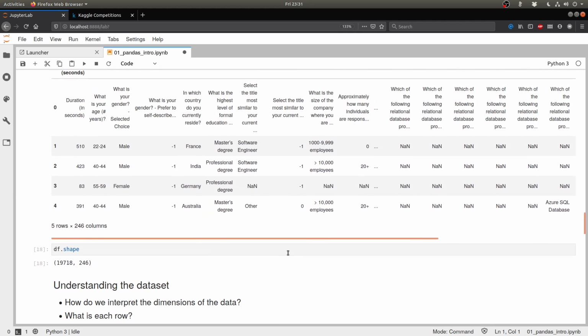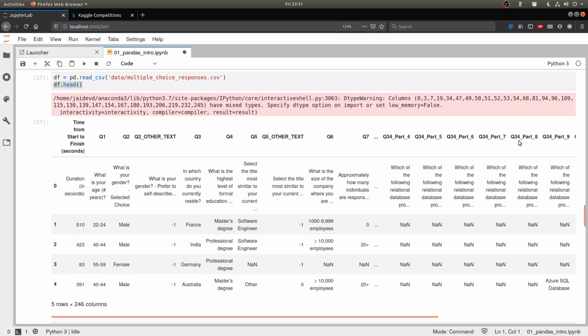Now you see, there is something really funny with this data set. The headers are there, and then in the first line we have the header again. Essentially, you see you have things like Q1, Q2, Q2 other text, Q3, Q4. So essentially the header is basically a bunch of codes that are given to the question, whereas in the first row, you see that is the verbatim, verbose version of the whole question. This is the text of the question as it appeared in the survey itself.